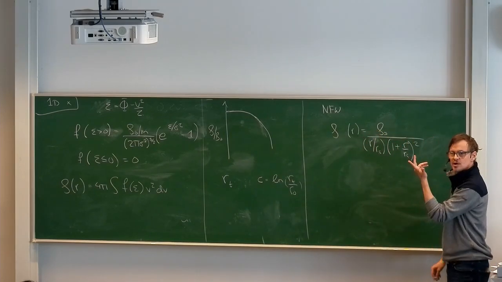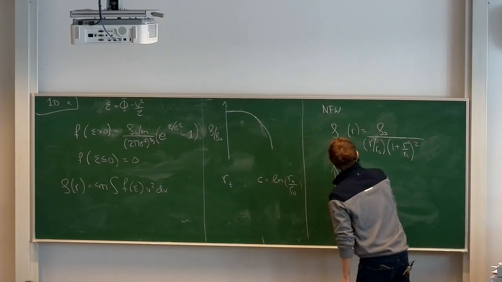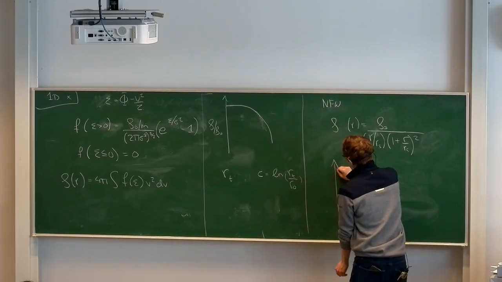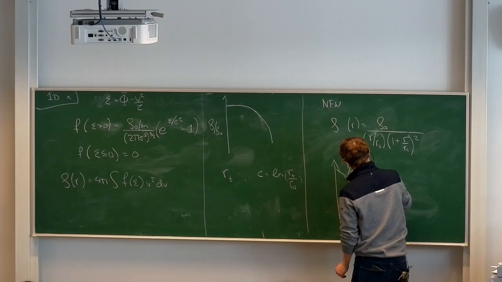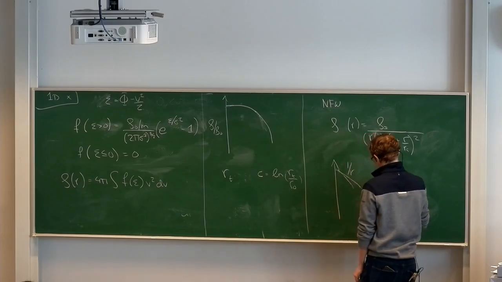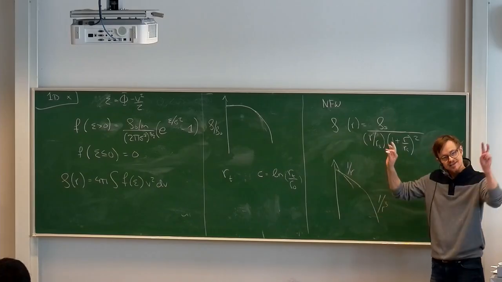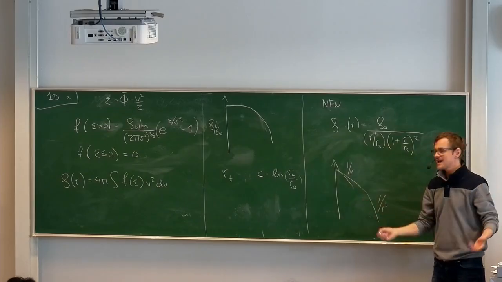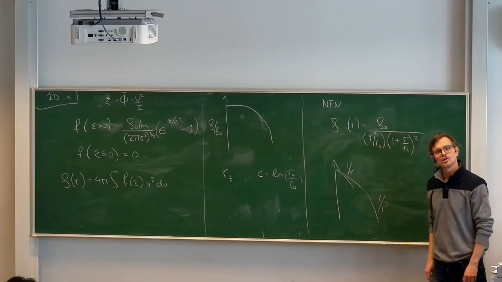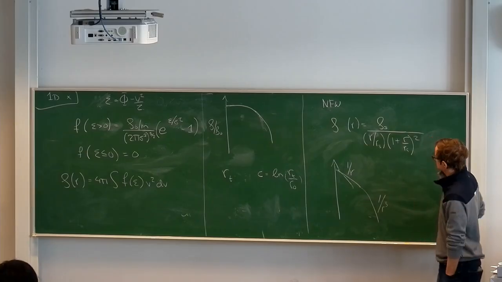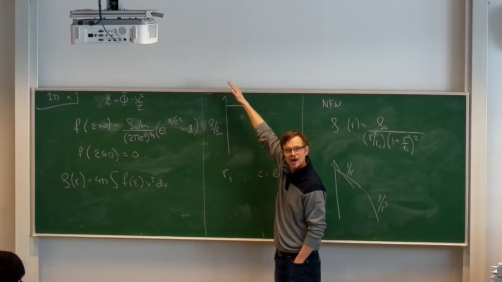So this has two power law components, because in the inner parts, it will essentially go with 1 over R, but in the outer parts it will start to fall off, as you can see, with 1 over R cubed. And that 1 over R cubed saves us in terms of the infinite mass, but the 1 over R is still what we call a cuspy core. So a cuspy core in this case is when you don't flatten it out like this, but you go up.